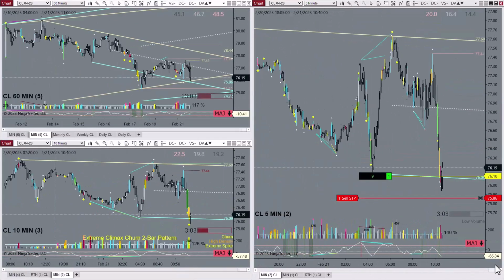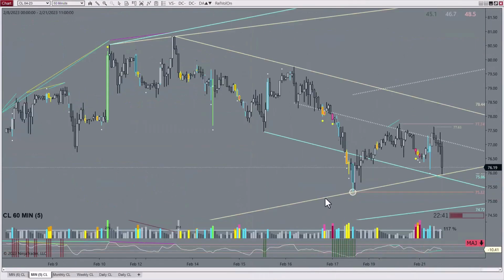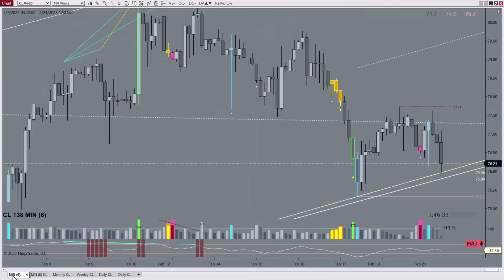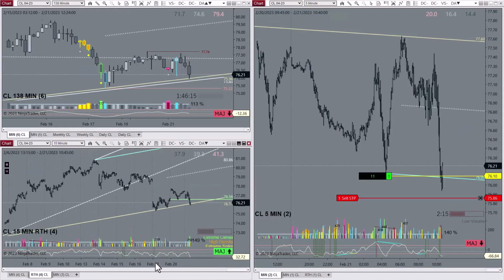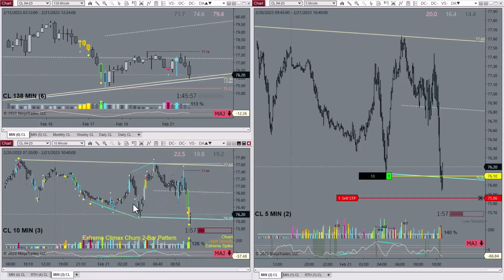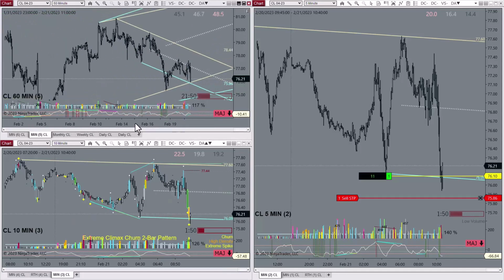Alright, so it is turning up a little bit. It looks a little bit better, but we hit that trend line anyway. So it's a few different areas coming together there, and it's worth a trade. It's four different areas. This one on the RTH chart, the downsloping channel on the 10-minute, the trend line on whichever one you want to call it, the hourly or the 138,